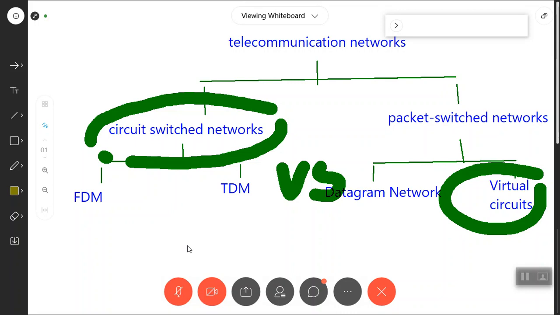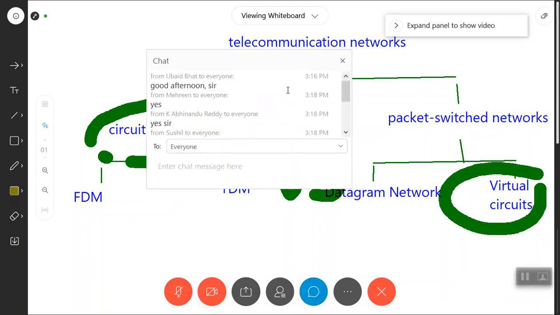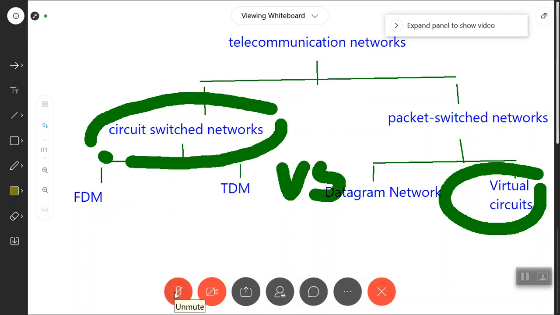Yes, you are right. You saved others from the assignment question. A virtual circuit thinks that it has a dedicated path, but it doesn't, because others are using the same path at the same time, since it's a packet switched network. Whereas in a circuit switched network, that link is completely given to you, partially or through FDM or TDM. You are guaranteed that much of the resources. In a virtual circuit, it's a packet switched network. You won't get that link all to yourself, even though you feel that A and B are connected. All packets move through it, but others are also using the same link at the same time.